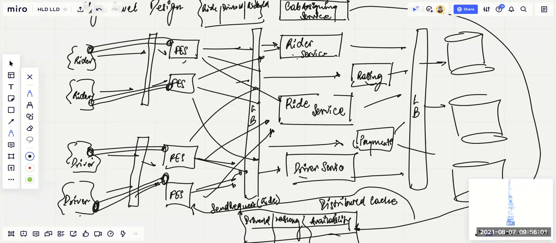You can call it a facade pattern, but I don't want to go into the pattern right now because that might confuse you more. See, it's a very simple thing, right? You have one service, that service is making calls to different services, and that service is not containing the business logic. It gives the responsibility to each of the other services to perform whatever heavy lifting or business logic they want to perform, do all the validations, give me the results, I'll aggregate these results and return them back to the client. That's it.